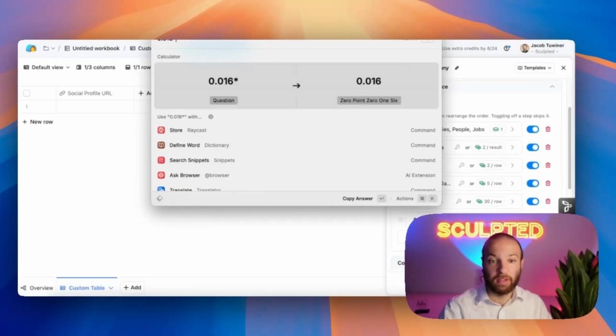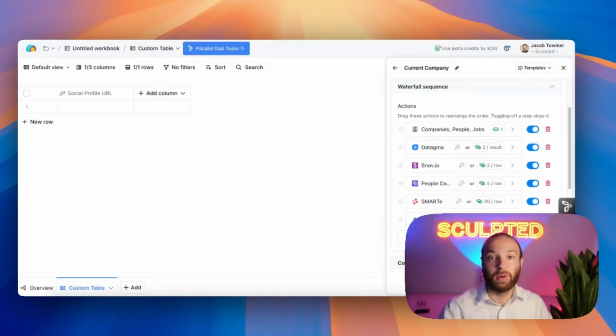That's going to be, for 10,000 records, $1,200 just to figure this out. We could do a whole data set of 10,000 records with all the information you need for the same amount of money. So you really can overspend in Clay if you don't know what you're doing and you use